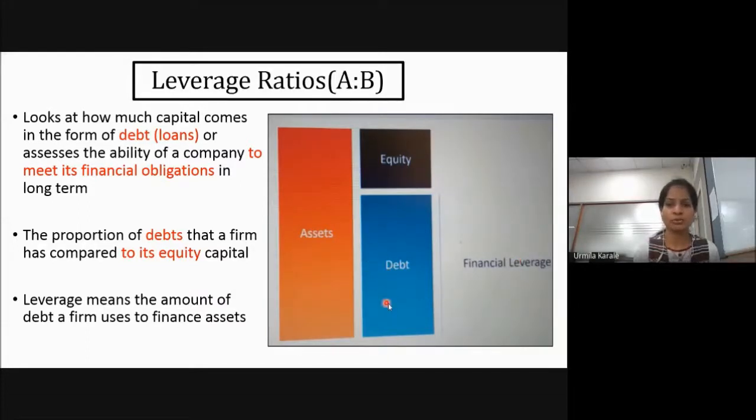If you are taking more and more debt, what happens? One thing, compared with other sources, meaning compared with your equity and your preference share capital, the cost of borrowed funds is less. So when you are taking borrowed funds, cost will be saved. Secondly, whenever you take any loan, you will be paying interest on that loan, or interest on debentures. By showing this interest, we are reducing the taxes, or we are planning the taxes. So your tax liability will get reduced.